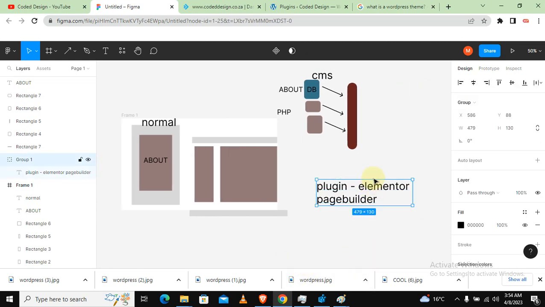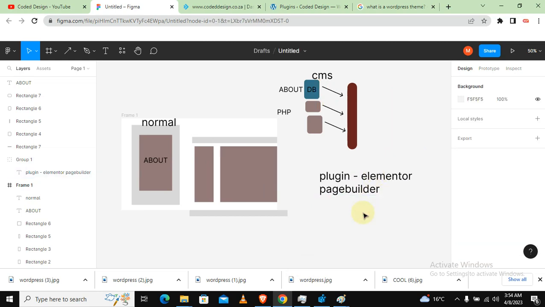Okay, now we've got a page builder. Remember, in the previous tutorial we installed a theme, and also a page builder plugin, which is Elementor. So what we have talked about so far is that, number one, the content management system is different